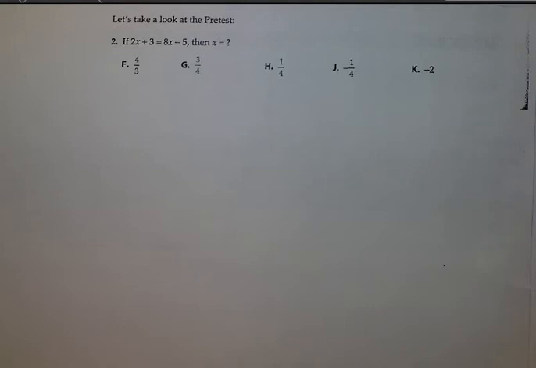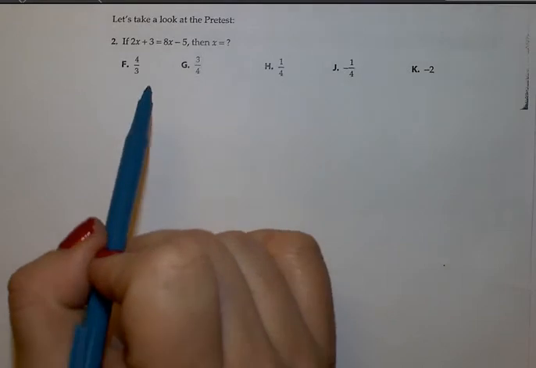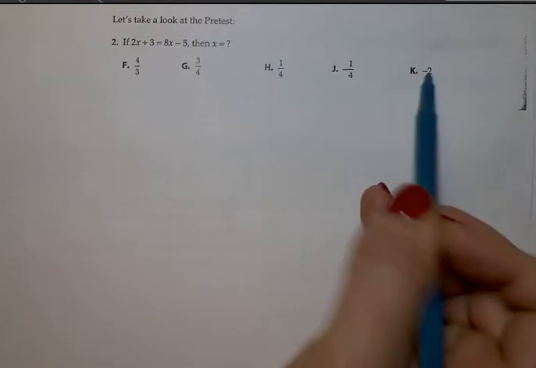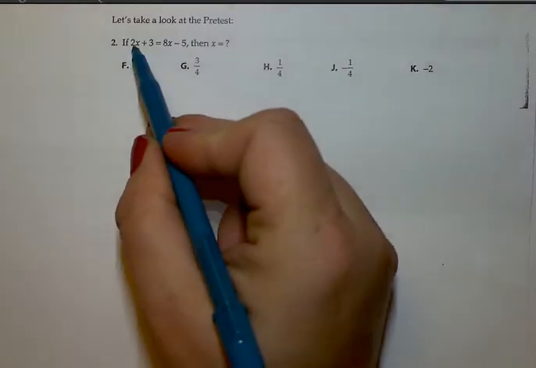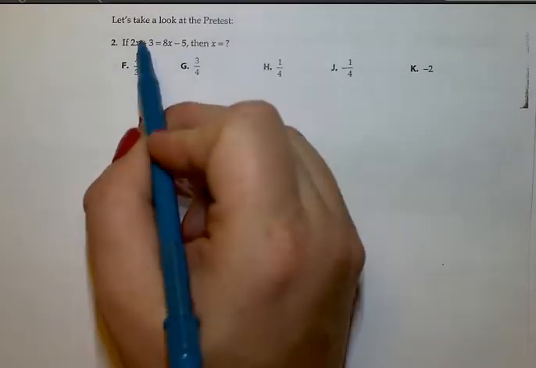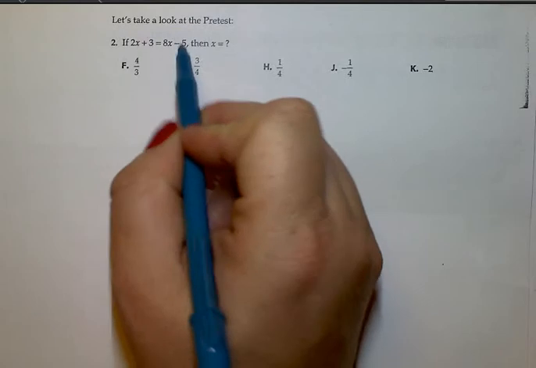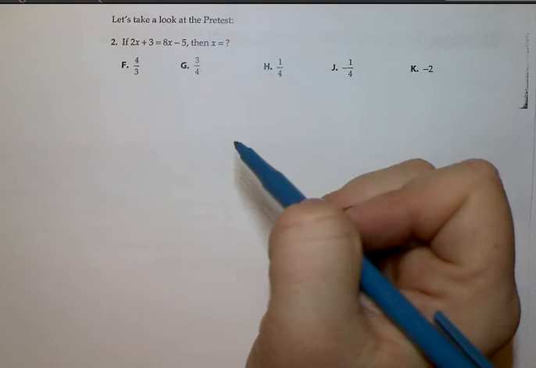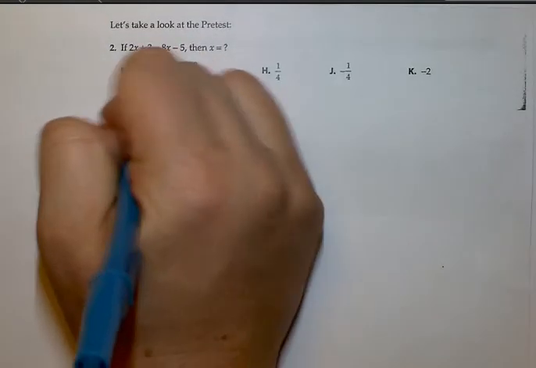5, then what is x? Again, if you've forgotten how to solve this algebraic equation, you could take each one of the choices and one by one substitute them in for x on both the left and the right. And if this equation is true, then when you plug in your answer, the left side will have to equal the right side. I believe, based on your skill level, that it's going to be easiest just to solve for